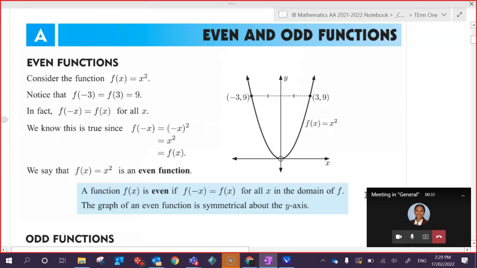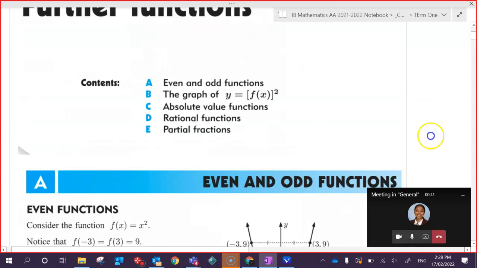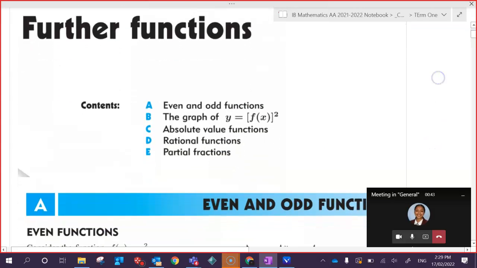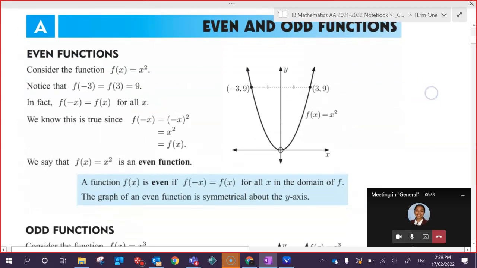All right. Hello and welcome, Gia and Caitlin as well. Today, we are looking at Chapter 6, which are further functions, some of which we'll have seen before. We'll have seen a little bit of this, a little bit of that, and that may be about it. There were like 3 questions in Year 10 on partial fractions. First thing,